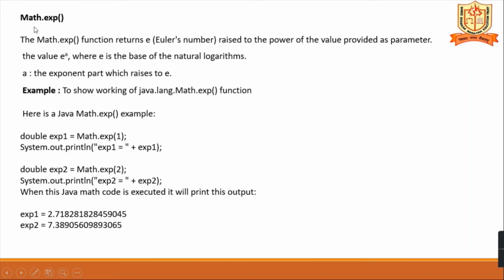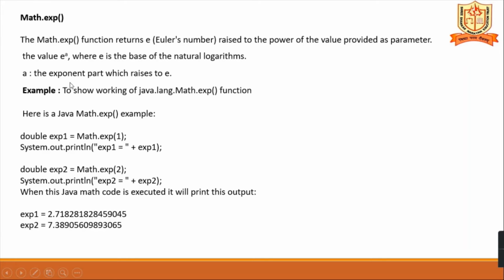And here one more method is there, exp, exponential. Math.exp function returns Euler's number raised to the power of the value provided as a parameter. The value e raised to a, where e is the base of the natural logarithms.